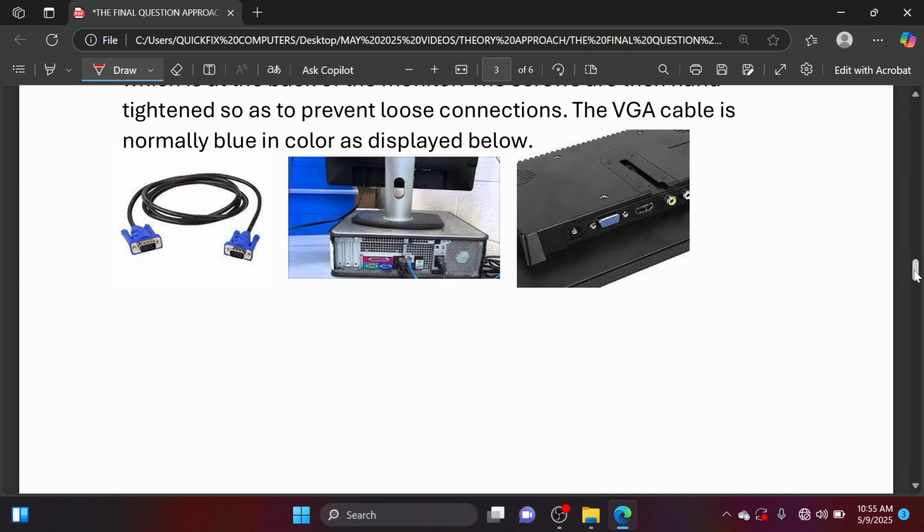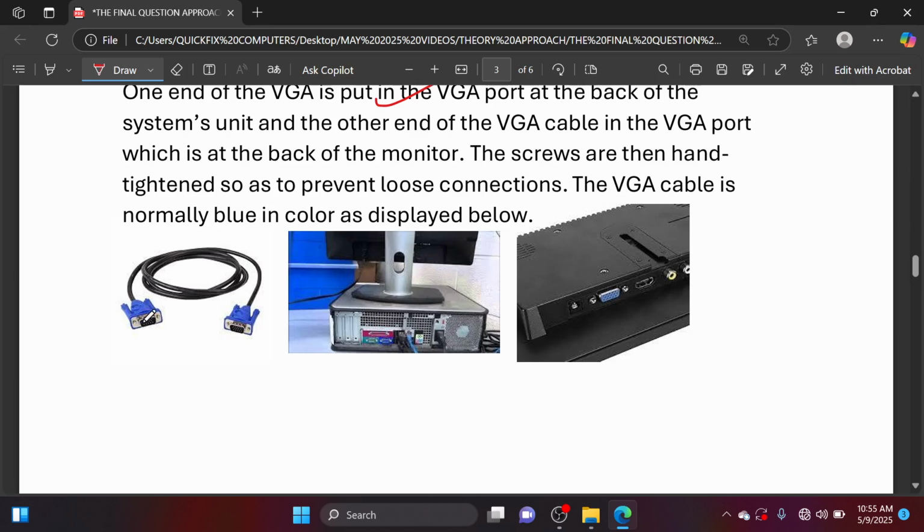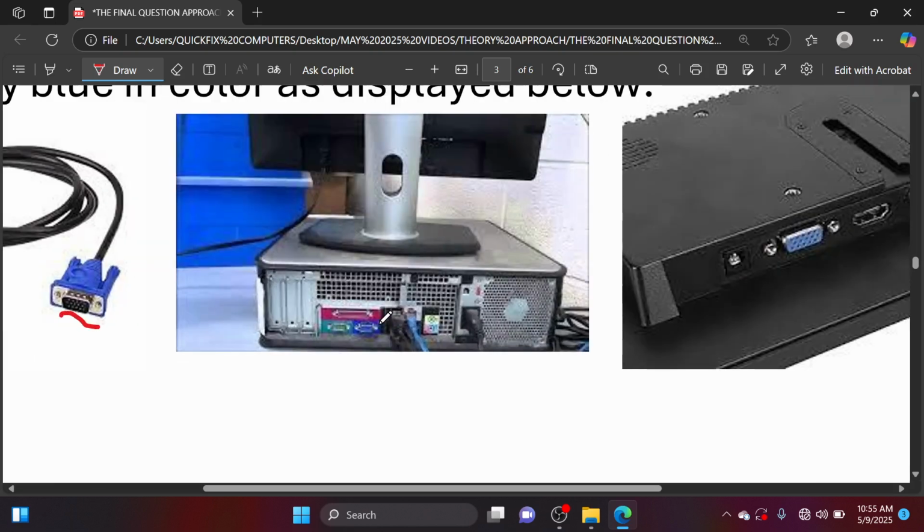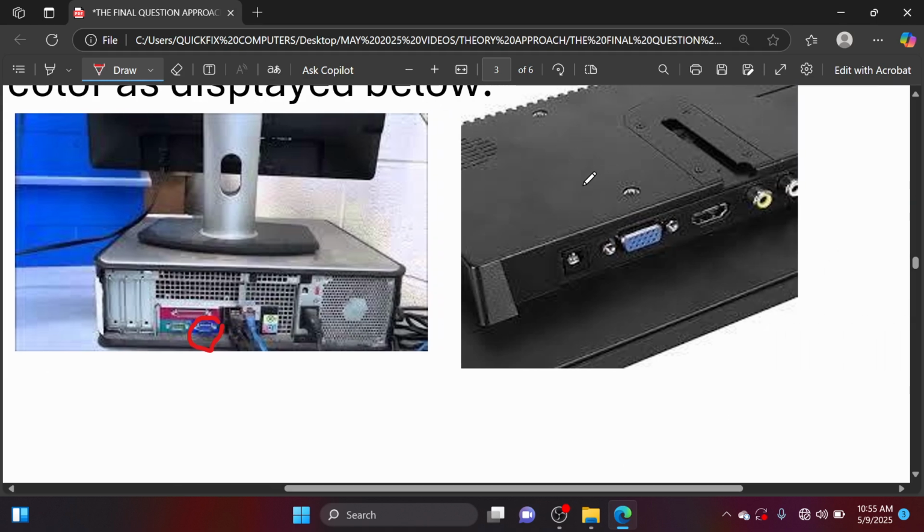Now the VGA is blue in color and it's here. It has two ends. One end is here and another end is here. Of course, when connecting the VGA cable, go to the back of the systems unit. If you look at my image here, there is this port, a VGA port. You connect one end of the VGA here, and another end at the back of your monitor